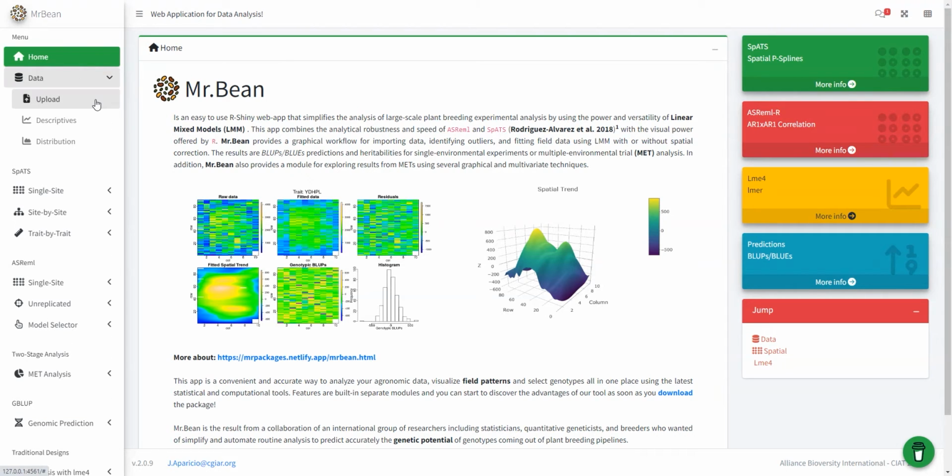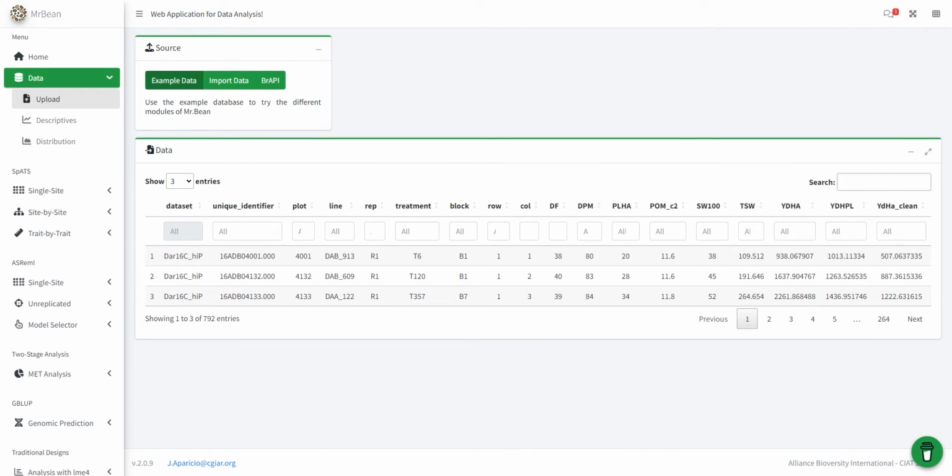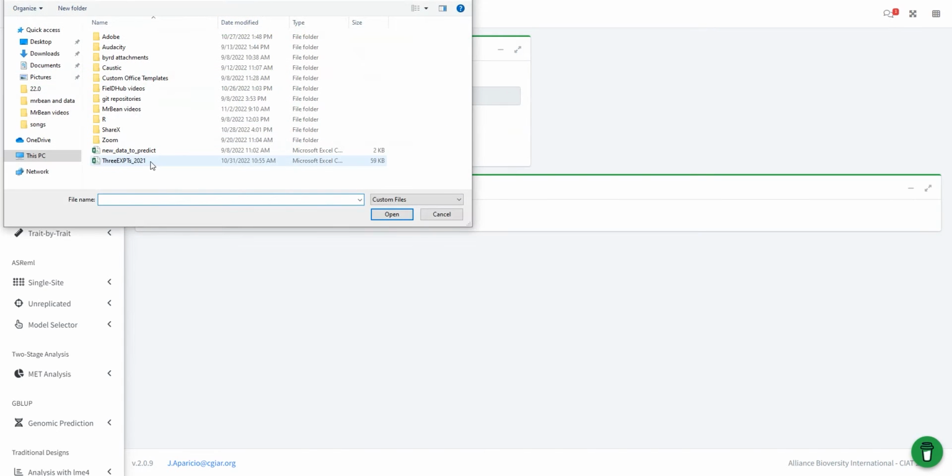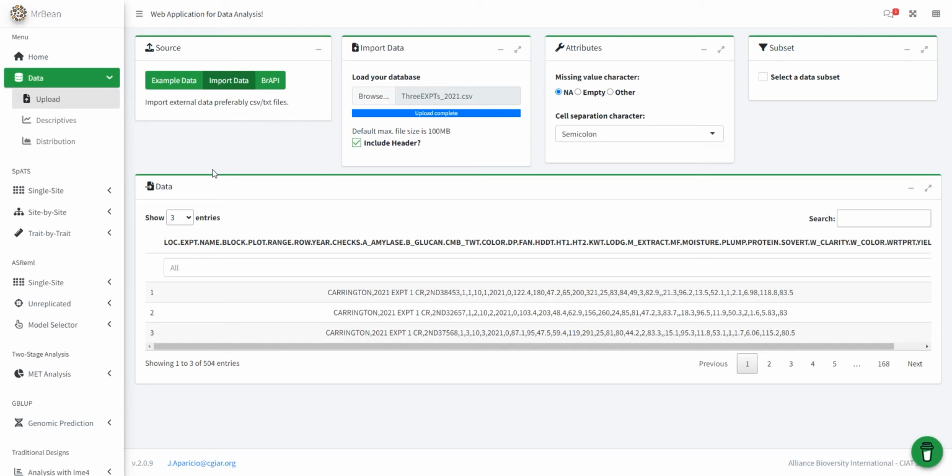To start, click on the Upload tab under the Data dropdown. On this page, we can select the source of our data for analysis in MrBean. MrBean has a built-in example dataset, but you can also upload your own data by switching source to import data. You can then upload a CSV, text, or Excel file containing your data with the Browse button in the Import